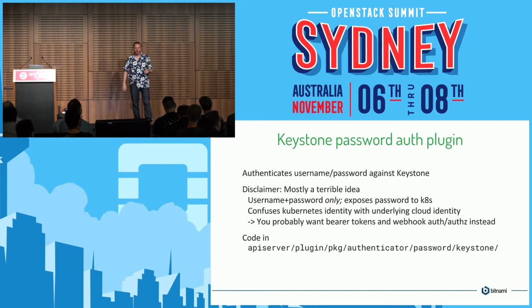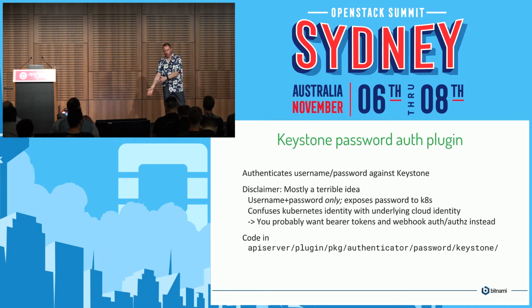So, now, every now and then someone comes along and proposes some new feature here, and we say, no, this isn't the way Keystone is meant to be used. Do it this way. And they say, OK, and they go away and they come back with the token version. And then we say, no, just use the webhook support. So there's been about 3 actually pretty complicated patches that have gone through that path now and then just withered and died. So if you want to do this properly, the way to do it, use the existing bearer token support. There's support just for arbitrary bearer tokens in both the kubectl command line and Kubernetes server side.